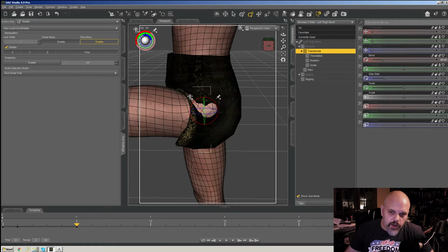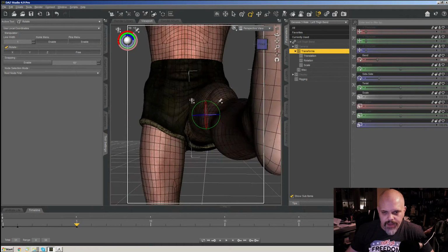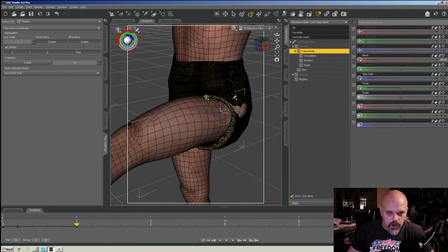But here we've got some problem areas coming up around the legs, and the thighs and the groin area are almost always where you're going to run into some sticky issues. And one of the things that I run into a lot there that is a little confusing and a little weird is that when you're working with the Genesis figures, they have a lot of joint control morphs built into them. And there are lots of times when you'll think that a problem you're having is a skin weight issue, when really it's not. Really it is a joint control morph issue where the morphs are auto-generated going into the